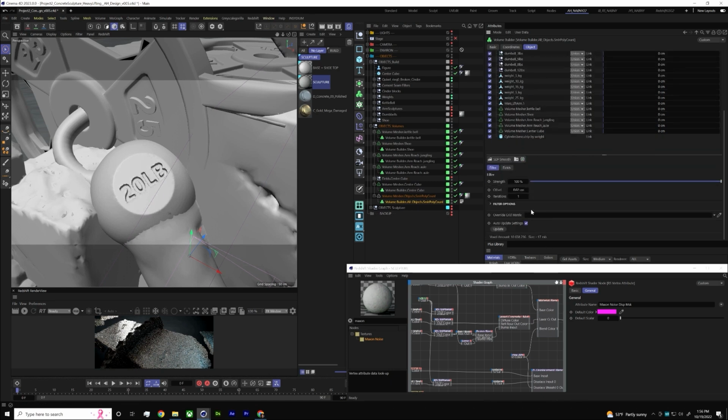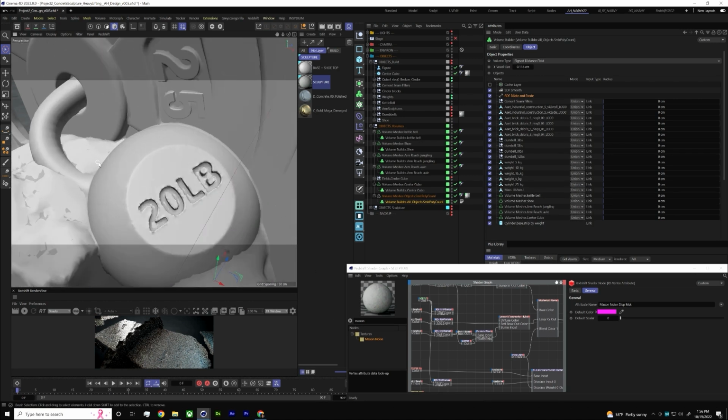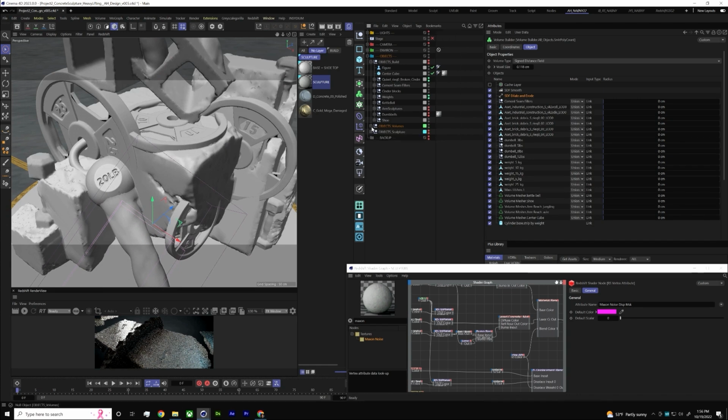I use super subtle settings in here, so you almost can't even see what that one does. But this final smooth on the top of it is calculating down here quicker because I cached everything. But that's it, that really works. You get this final smoothed-in fill that you don't have to sculpt and that you can change on the fly. So you take all that and you save it all out